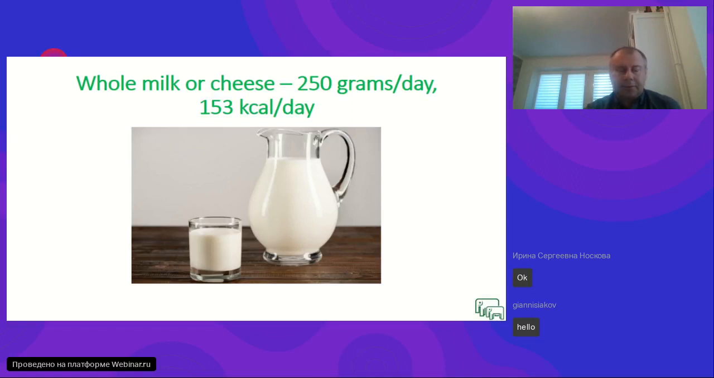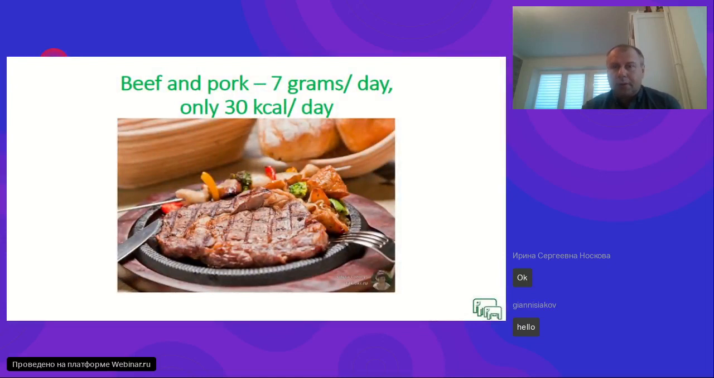After 65 years, whole milk may be not tolerant for the organism. That's why it is better to use cheese, because of abnormal function of gut. Beef and pork, this is red meat. According to modern scientific data, they cause oncological diseases and cardiovascular diseases. That's why the amount of products with beef and pork, red meat, must be very small, approximately 10 grams per